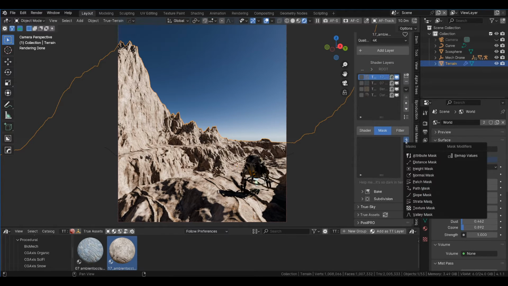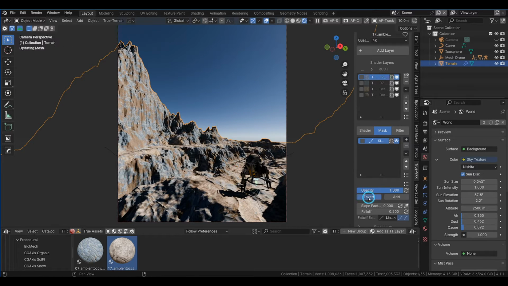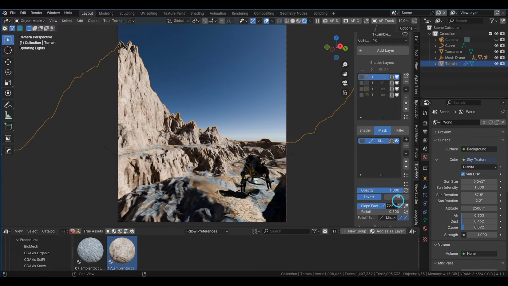And here we're going to apply a classical slope mask. And I like to bring back the ground, so I'm inverting the mask and then slowly increase the slope factor until I have everything I want. I mean, it looks okay right now,